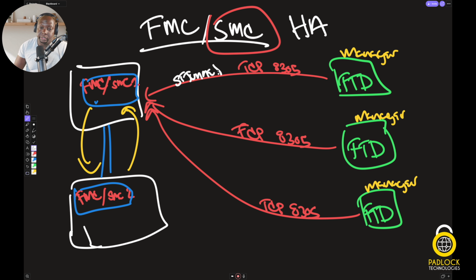But the key thing here, and I'm not going to talk about the difference between management and event versus separate management and event interfaces. We can talk about that in another topic. This is strictly talking about HA. What's going to happen is the FMC, the primary one, is going to reach back out to each one of these